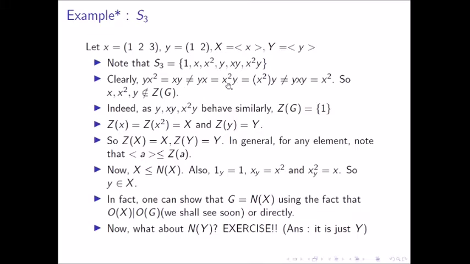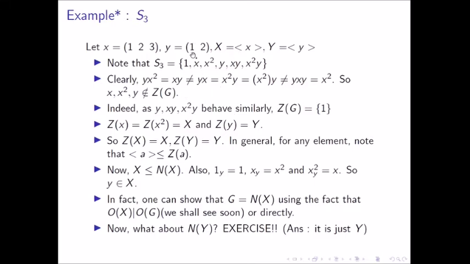Suppose xy is equal to y, that would imply x is equal to identity from these two. That's not true. But x²y is not equal to yxy. Why? Because yxy is equal to x². This is a chain of inequalities and equalities which would say that x² and y are not elements of Z(G). In fact, if you look closely, this also says that xy and x²y are also not elements of Z(G). But you don't need to prove it specifically.